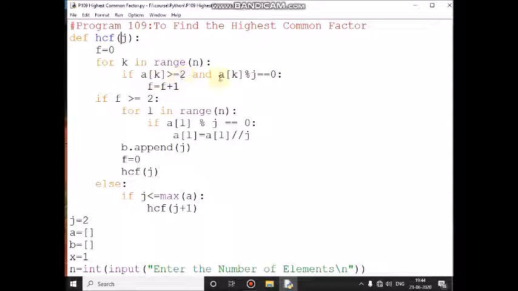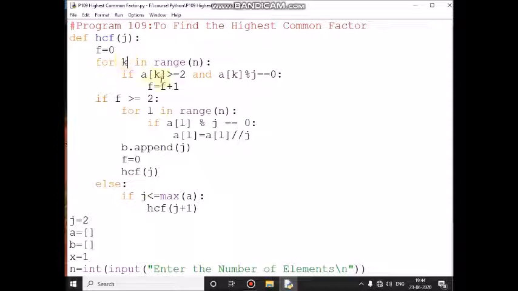Then 5 modulo 3 means remainder 2, so condition is false. Again control comes here. When k value become 1, again this condition will be true, you get remainder 2, again this condition is false, then control comes here.